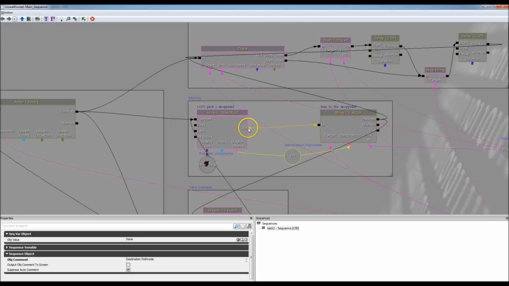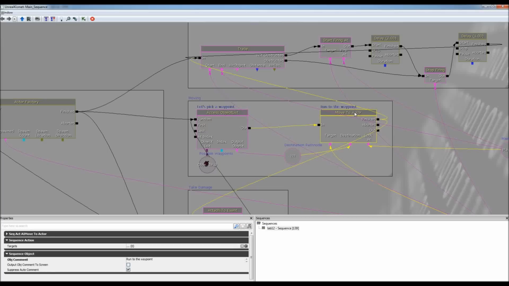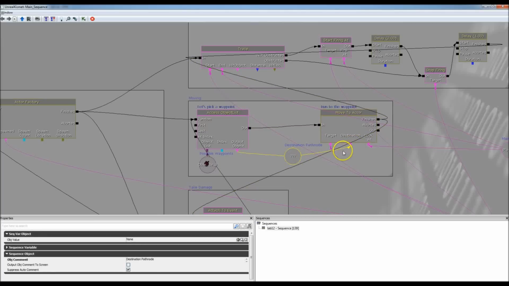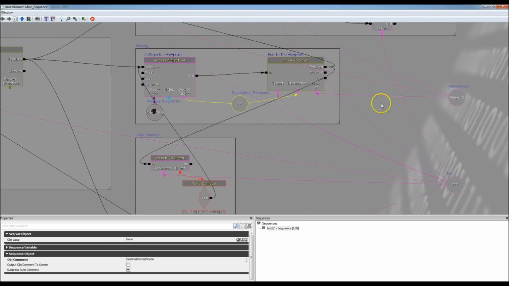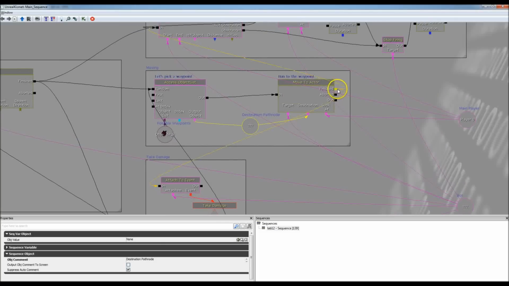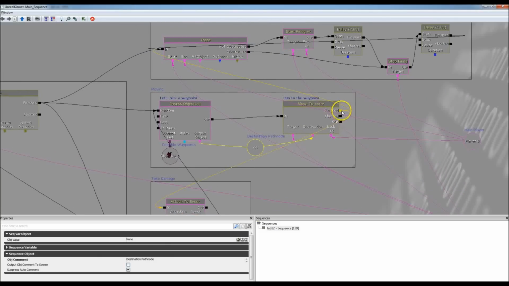And then as soon as it's selected one and it's established this variable, it will go out to this move actor, or move to actor rather, and its destination will be that destination path node. The target will be the bot, and we want him to look at the player whenever he's traveling. And then as soon as it finishes, it makes sure and goes ahead